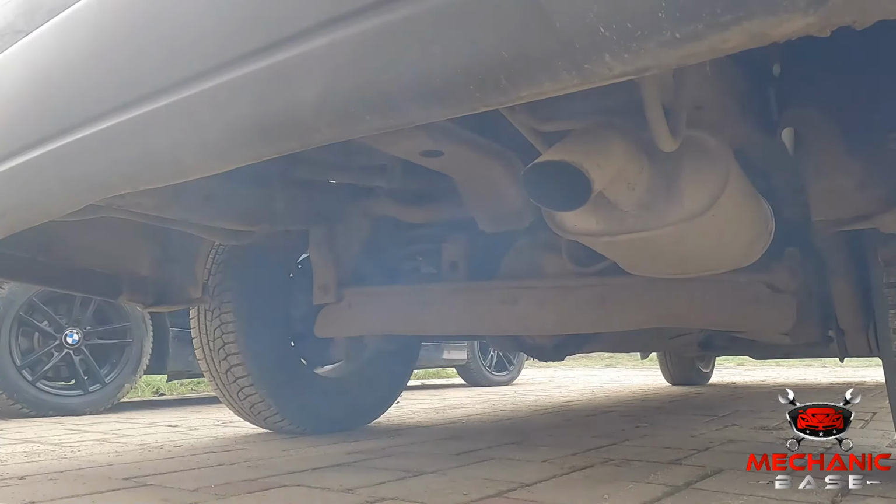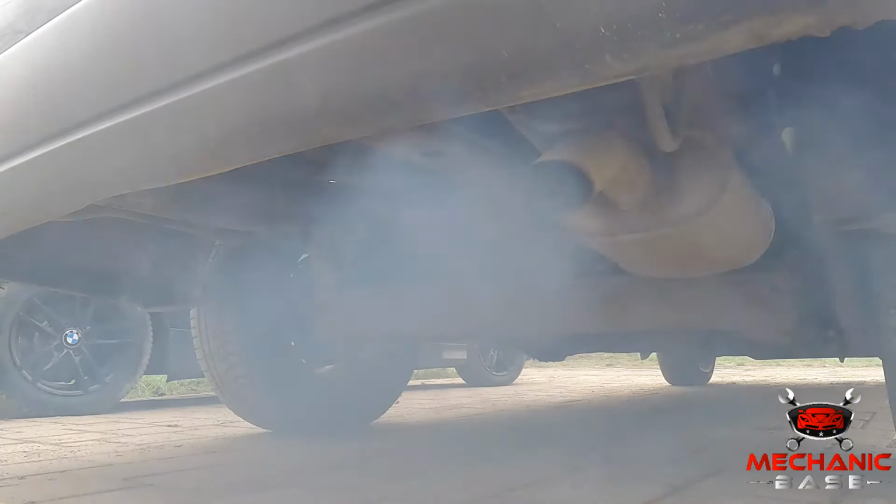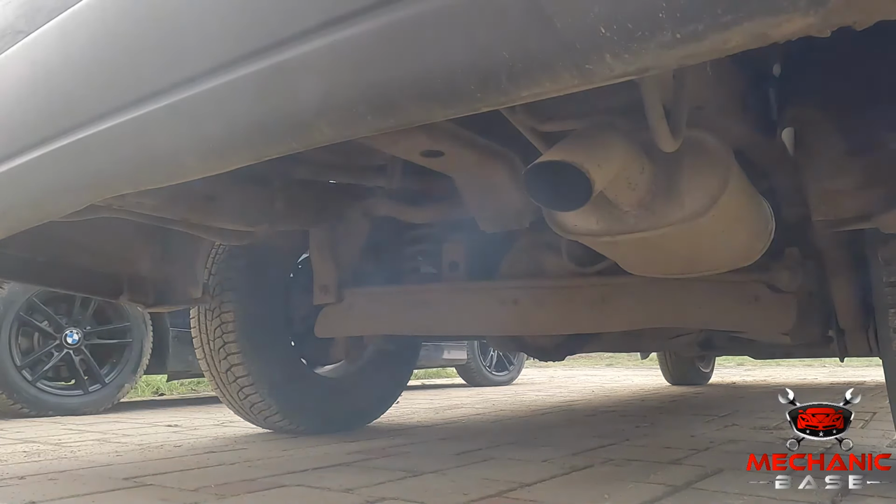Clouds of black smoke coming from the exhaust when you speed up from a standstill or on the highway. Not only does this look nasty, but it's also not nice for the environment or other motorists. Moreover, black smoke from the exhaust is a definitive sign that something's wrong with your engine. So in this video, we'll find out why diesel engines produce black smoke and, more importantly, how to stop this